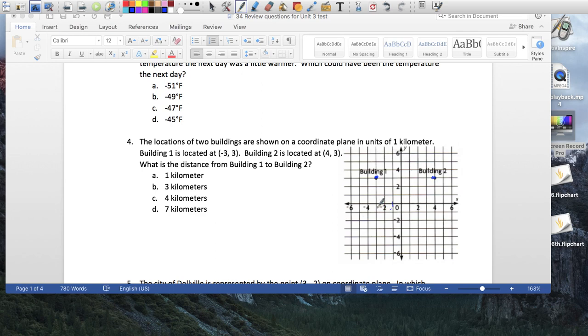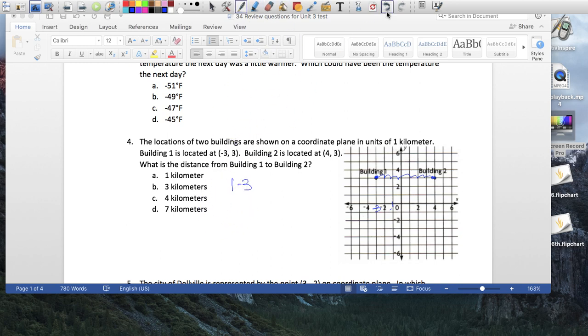So this is -1, -3. Each box is a unit of 1. So you can count 1, 2, 3, 4, 5, 6, 7. 7 kilometers. Or if you're doing this with absolute value, which just in case you can't see or something,